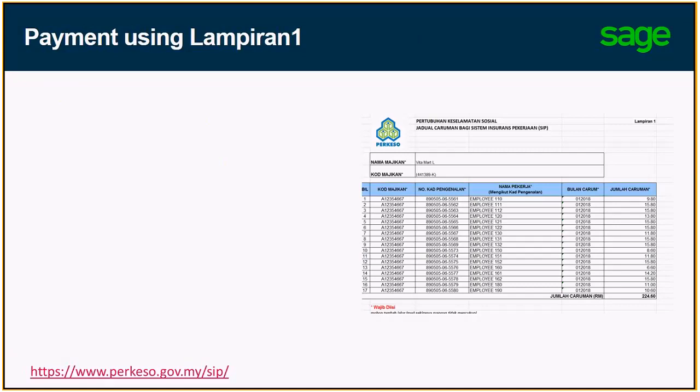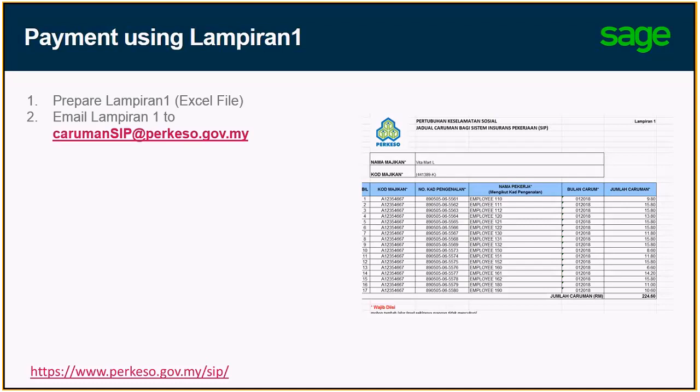Now, how to make the payments? There are two ways at the moment. As at 7th of Feb, this is the information that we get. First, you can use this Excel file provided on the Perkasa website. It's called Lampiran 1. You prepare the Excel file containing all the information of the employee, the month of submission, and the contribution amount. Then you email this Lampiran 1 to this email